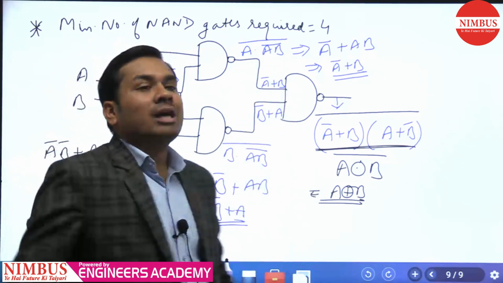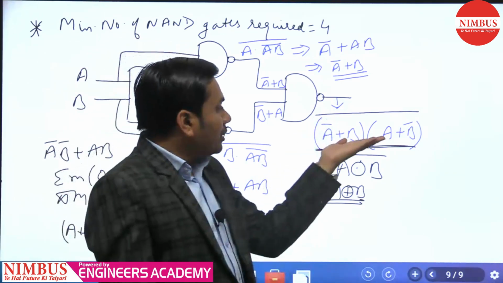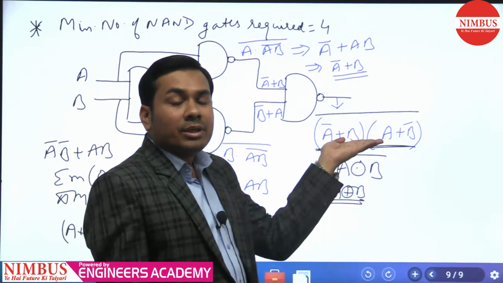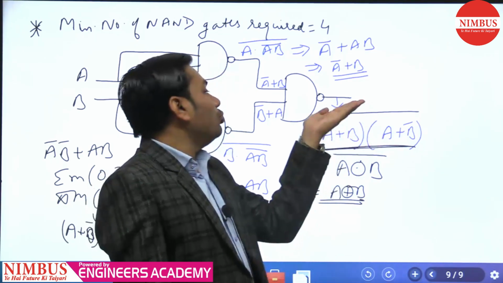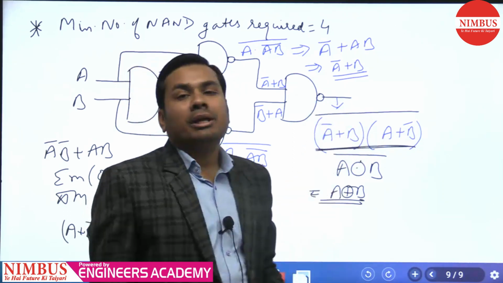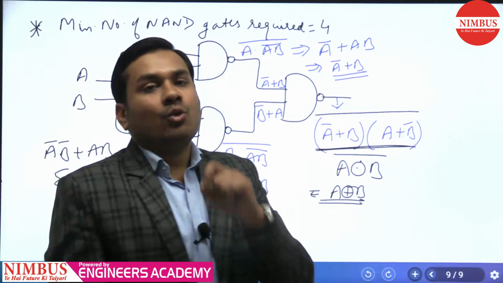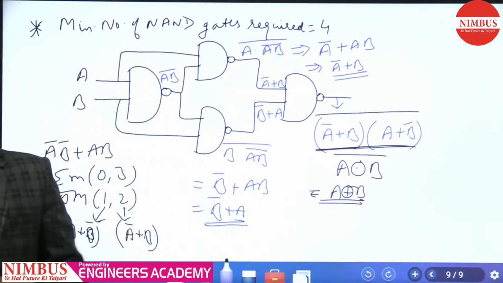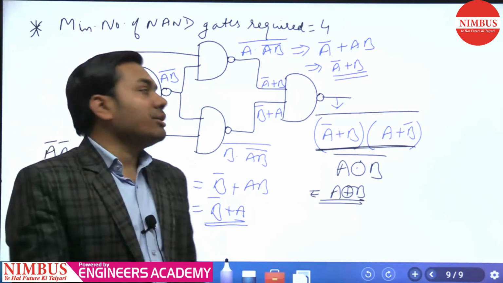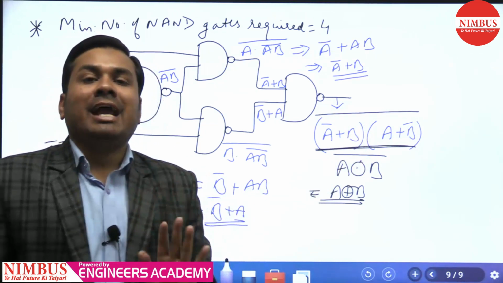But if we are talking about the XNOR, at the same place we are having the complement of XNOR, A XNOR B whole bar. So if we want to get the XNOR, we have to complement this function, and for the complement we have a requirement of another NAND gate, right? So the minimum number of NAND gates required for the XNOR, our answer will be 5 NAND gates.